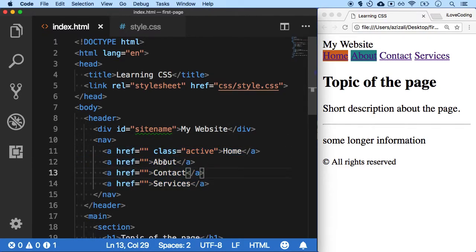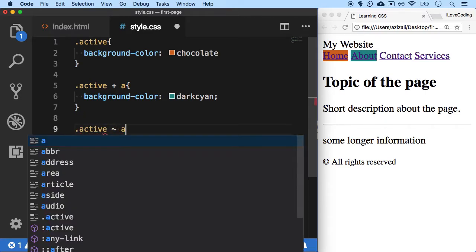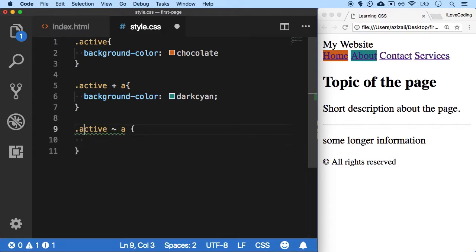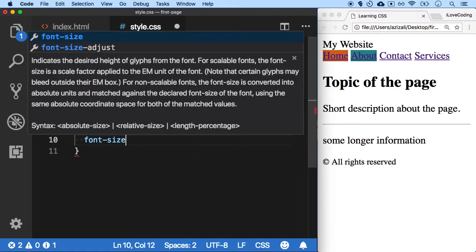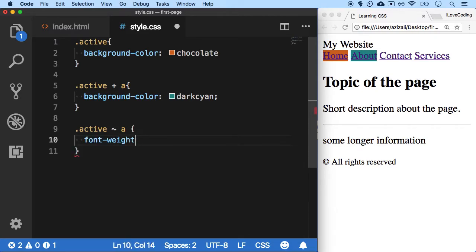So let's say I want to put a particular style on all of them. Let's say I want to make it bold, right? So I'm going to come over here. I'm going to say .active ~ a. So all the A elements which are next are the siblings of the active element. And I'm going to say font-weight, let's say bold. Save,